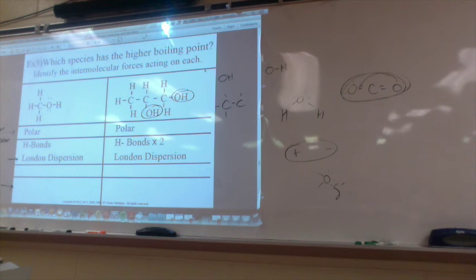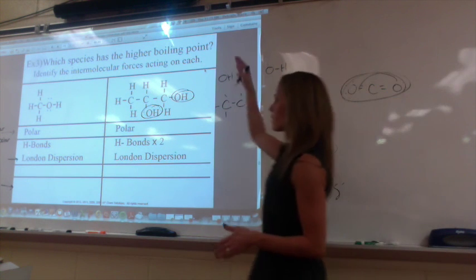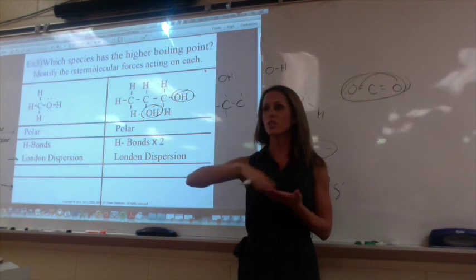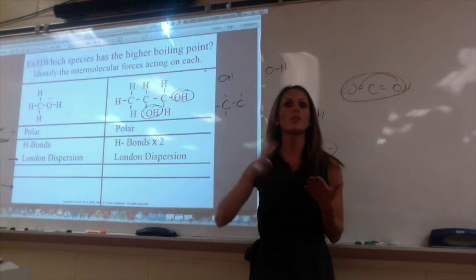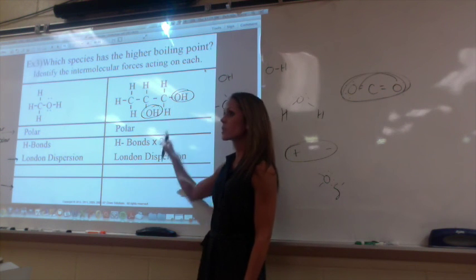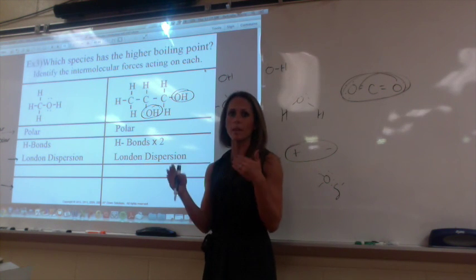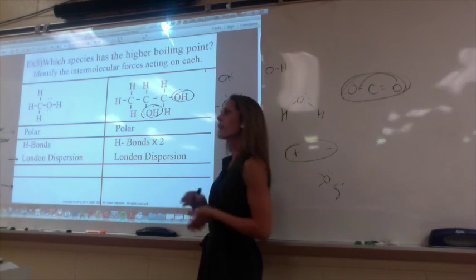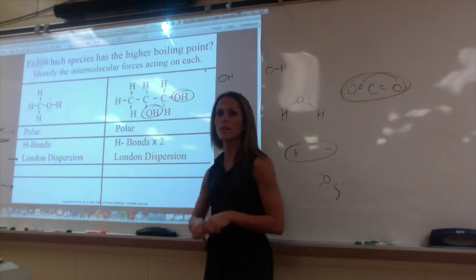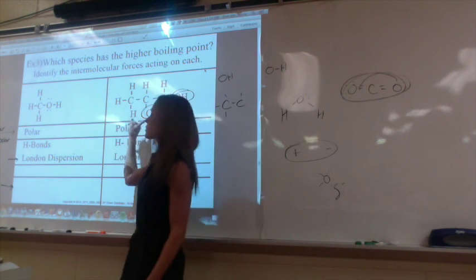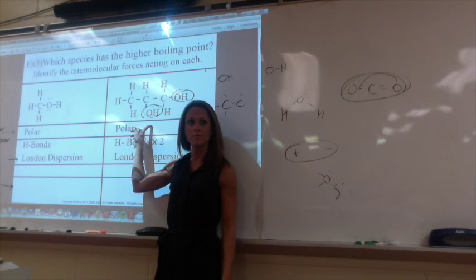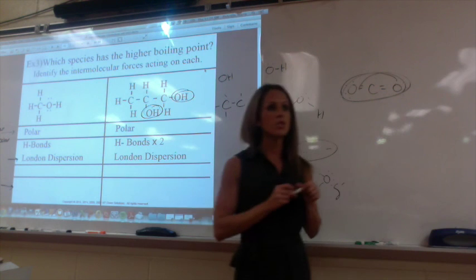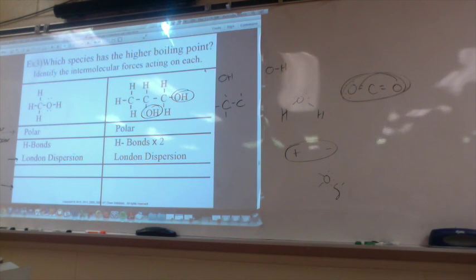All right, so in my list of all of the forces of attraction, hydrogen bonds trump London dispersion, don't they? But you guys who said you're right, this one does have more electrons, so it is more polarizable. So now you just have like a double whammy here. Definitely more hydrogen bonds is going to make this boiling point much higher, but you had this other thing on the side, London dispersion, being more polarizable. What if this one was bigger, but this one still had two hydrogen bonds? This would still trump it, because hydrogen bonds are so much stronger than London dispersion forces. So we end up with the right one having a much higher boiling point, at 188 degrees.